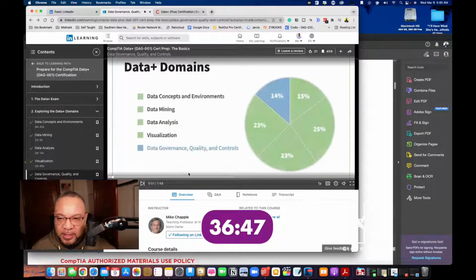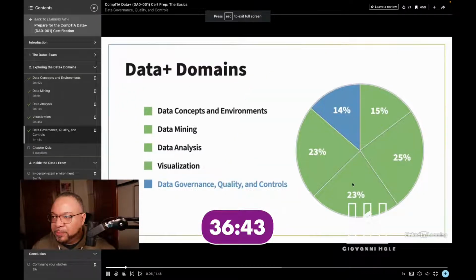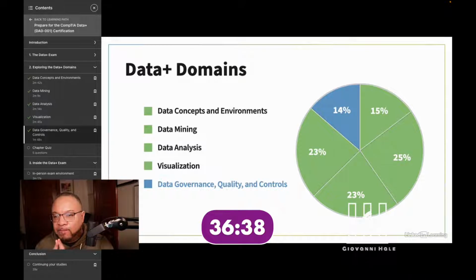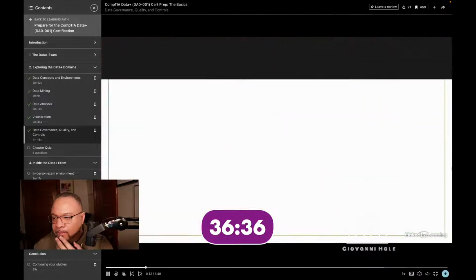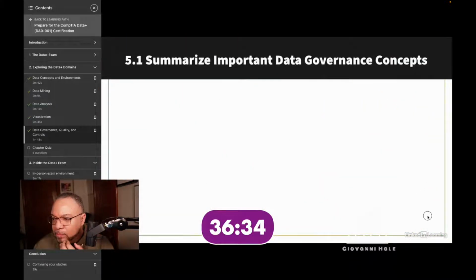The fifth domain of the Data Plus exam, data governance, quality, and controls, makes up 14% of the questions on the test. This domain has 3 objectives. In the first objective of this domain, you need to summarize important data governance concepts.